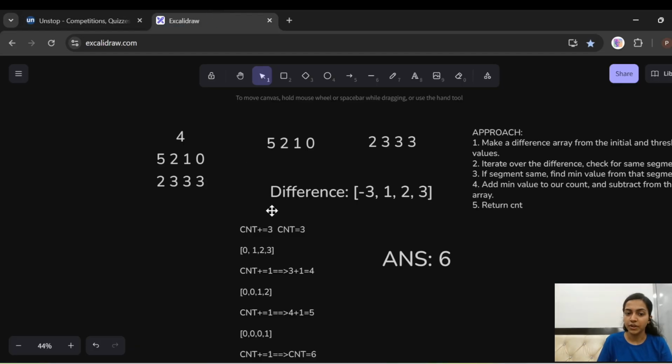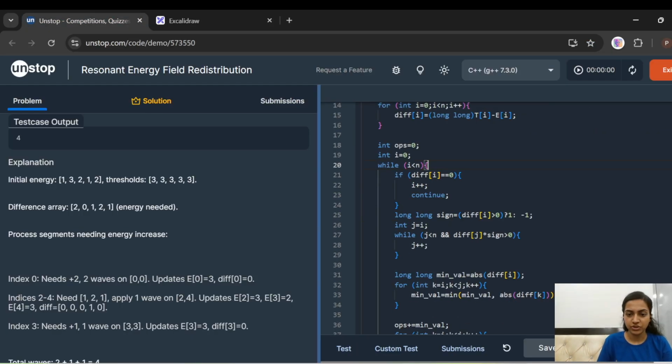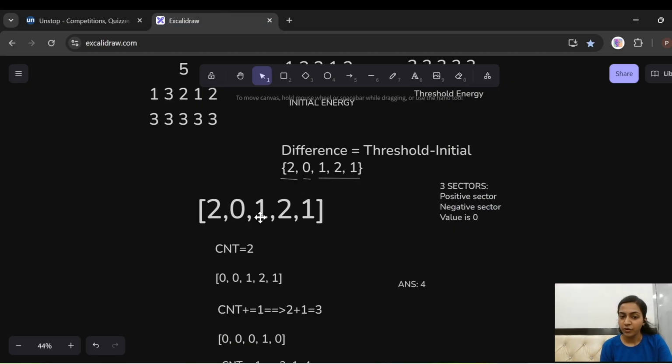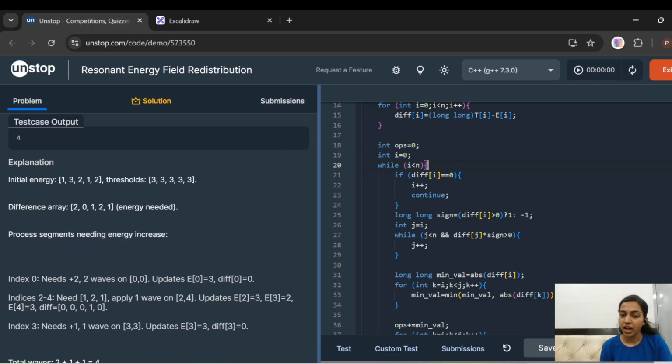So this is an example of the case we considered over here. When we had this equals to 0, we don't need to do anything because this is a segment on its own and we don't need to add or subtract anything here to make it 0 because it's already at its optimal value. So just continue in that case. Otherwise, find the sign of the segment because when we started from here, this is a positive segment. But if we check for this is a negative segment. So for that, we first calculated our sign.